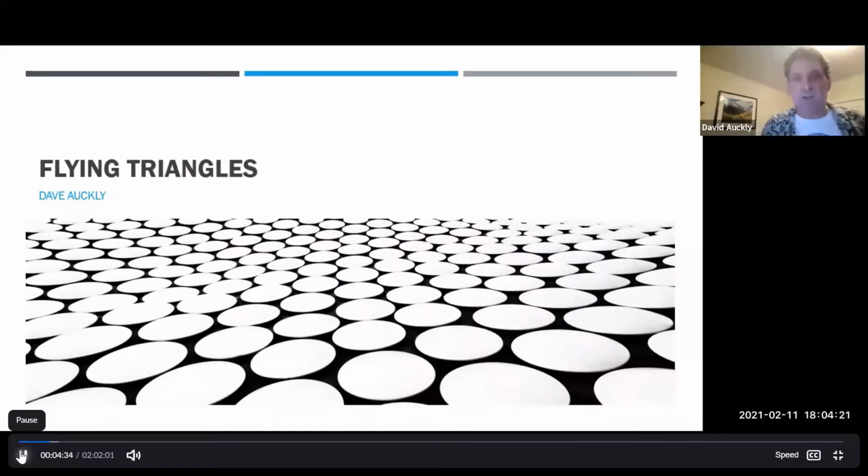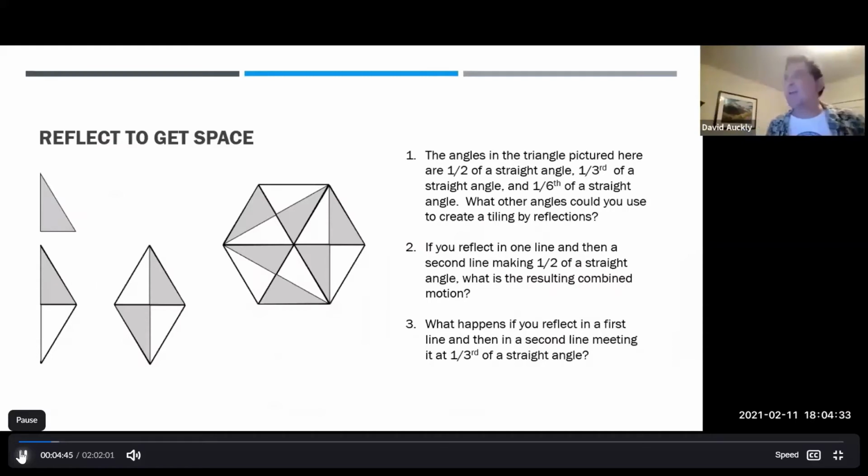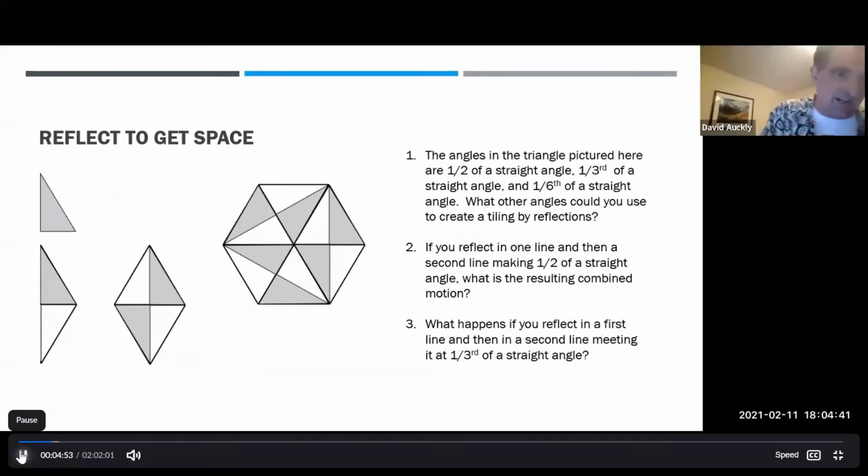And so we're talking about flying triangles, so I guess that means we should probably have some triangles. So let's start with a triangle which has, I'll get my presentation stuff going on here, an angle of 1/2 of a straight angle, 1/3 of a straight angle, and 1/6 of a straight angle. I'm using it in terms of fractions of a line instead of in terms of degrees, because that's now a